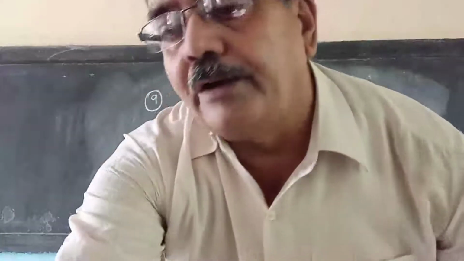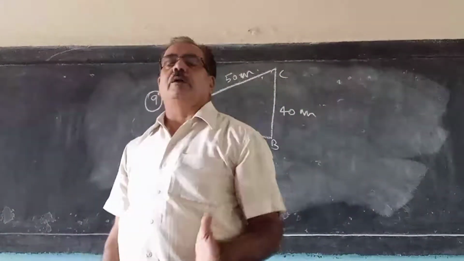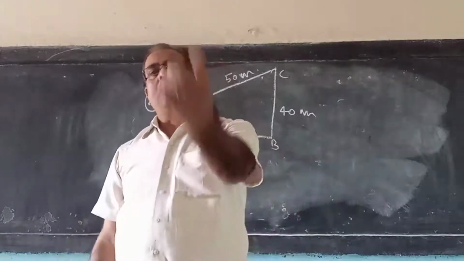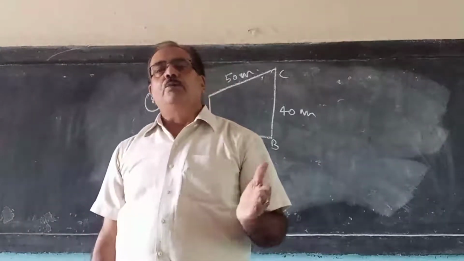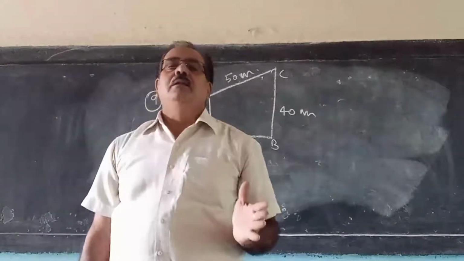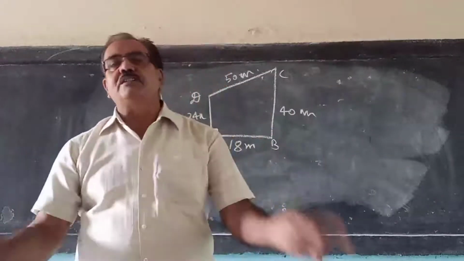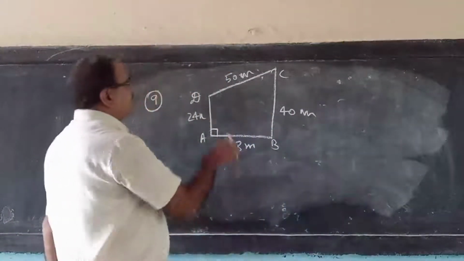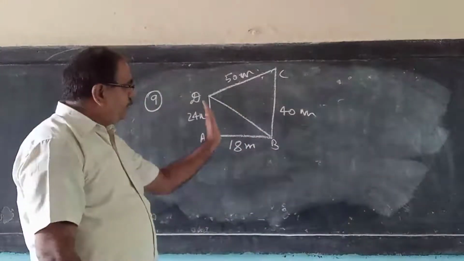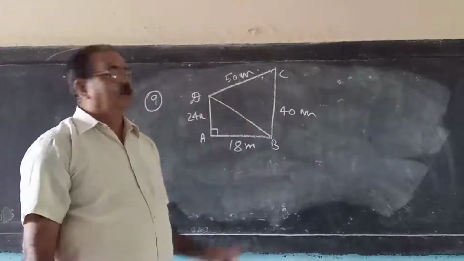Right? So you have not studied just now how to find the area of a quadrilateral. When you solve the quadrilateral chapter, you can use it. Here you can use the concept of triangle area to find out the area of the quadrilateral. And for this, we have to do some construction. Join BD.